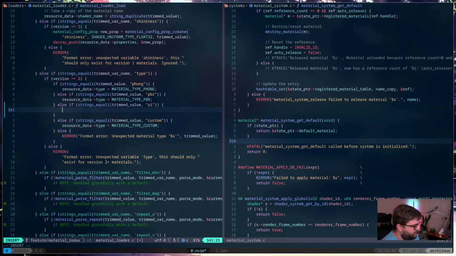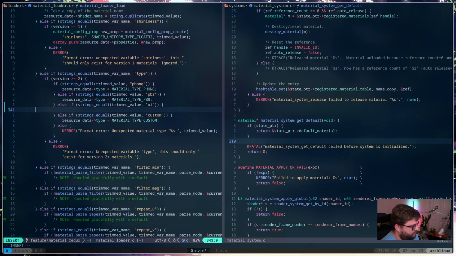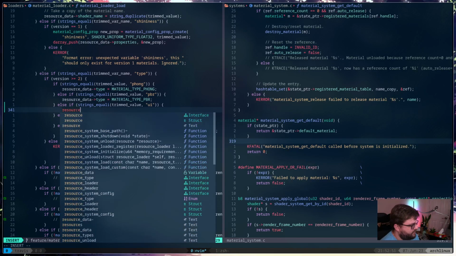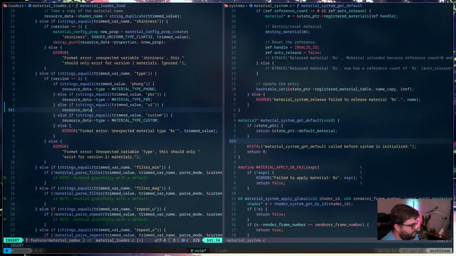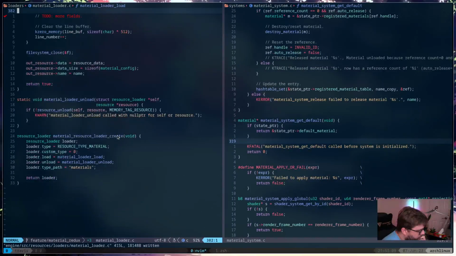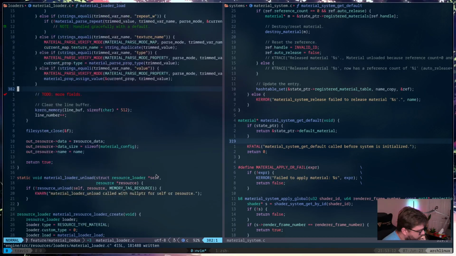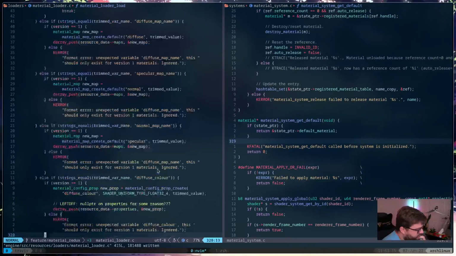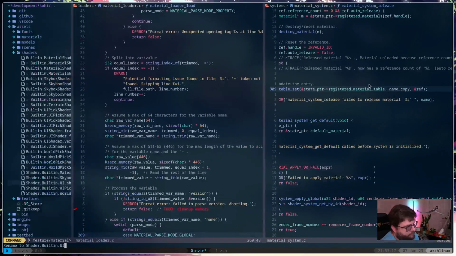So if we have that, resource data type equals material type UI. All right, so we'll at least get it in there. Yeah, we're going to have to upgrade that to version 2. So that means that